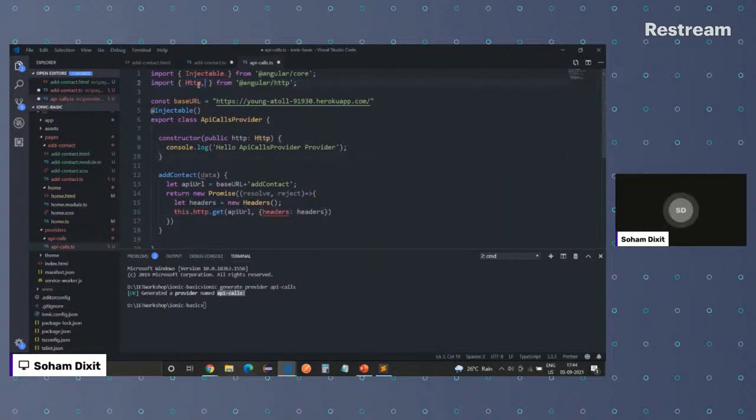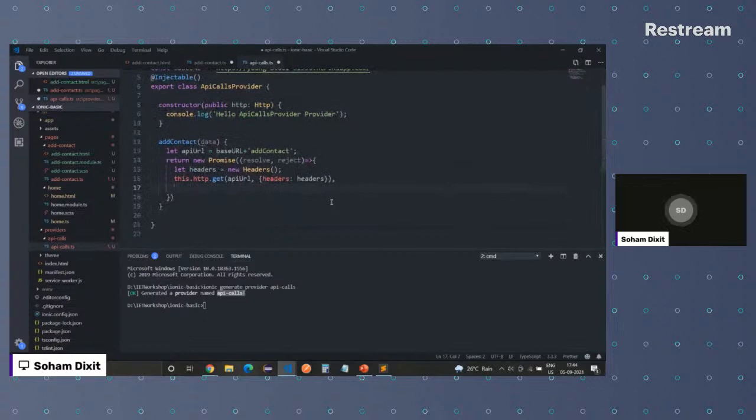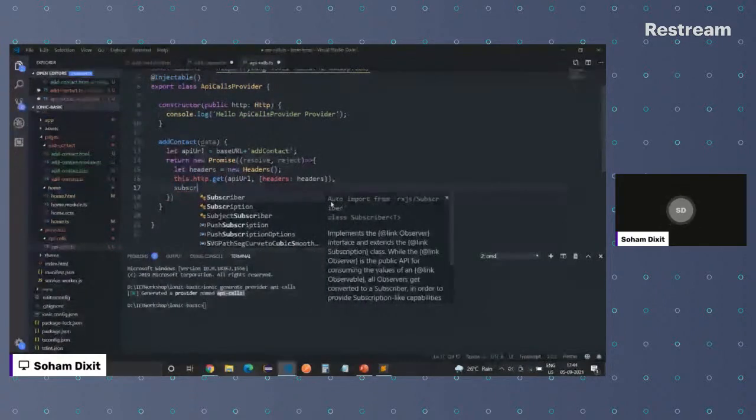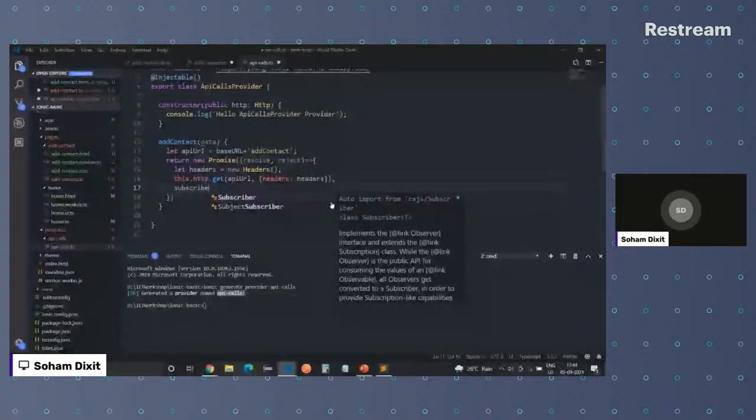Along with this HTTP, we also need to import something called headers. This might confuse you a bit. I can get it, but it's okay. You can read about the syntax of this later on, and I don't expect you to be good with this.